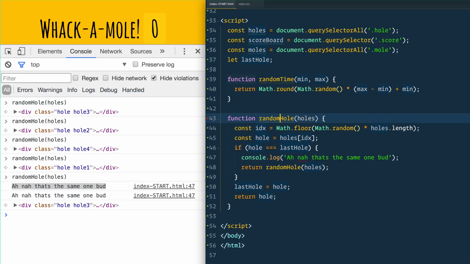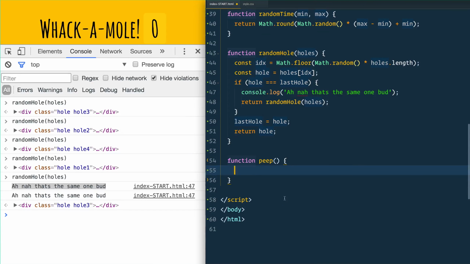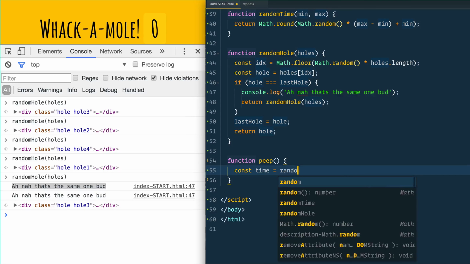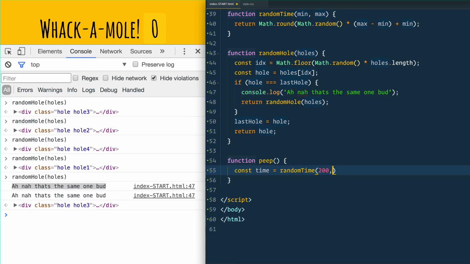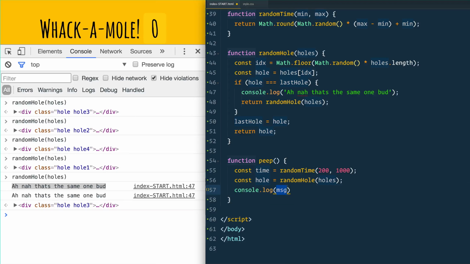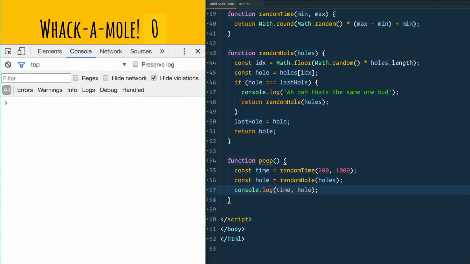Next, what we need to do is actually get the moles popping up. So we'll go here and we'll make a function called peep, which is they're going to go, boop, they're going to pop up from their holes. And we will get some time, which is a random time. It's going to be between 200 milliseconds and 1 second. And we're going to get a random hole, which should give us random hole and pass it holes. So now we just console log time and hole. See what we got here. Now when I just run peep,